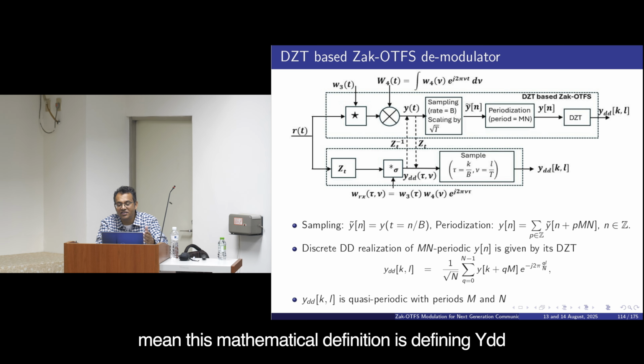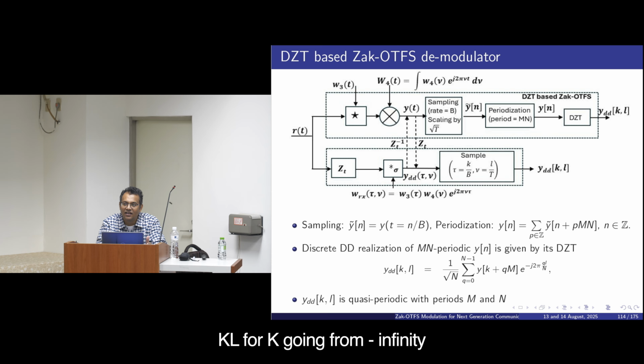This mathematical definition is defining y_dd[k,l] for k going from minus infinity to plus infinity, l going from minus infinity to plus infinity. But in your receiver, you can't calculate all those, right? So, what do you do at your receiver? Exactly, from k equal to 0 to M minus 1, l equal to 0 to N minus 1,